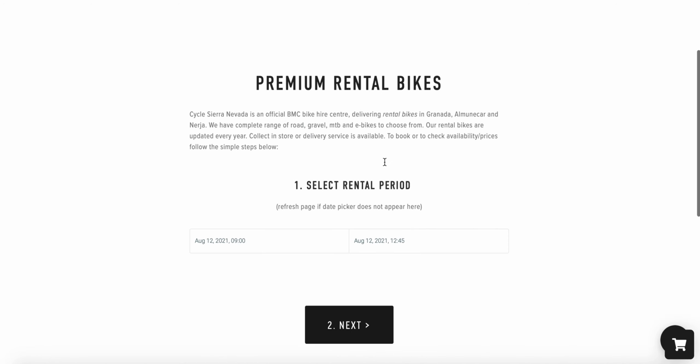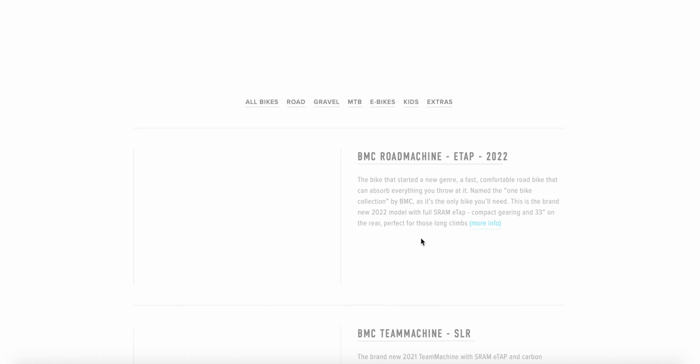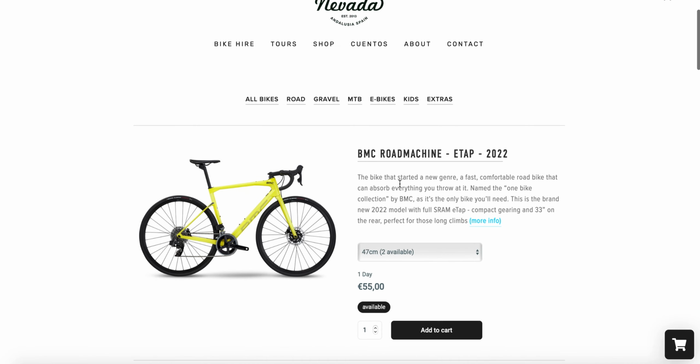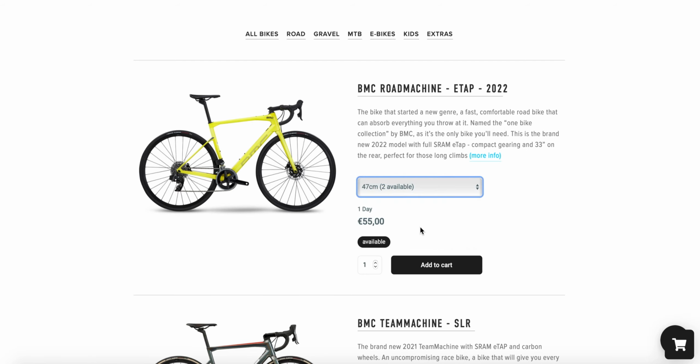So here I'm going to enter my dates. I've entered just a day, half a day rental. And here I can see the product list of available products. So I can also press individual categories. This is the categories list we spoke about, which is available through a WordPress shortcode, and it'll bring up a filtered product view. I'm going to select my variation of the product, the quantity, and I'm going to add this